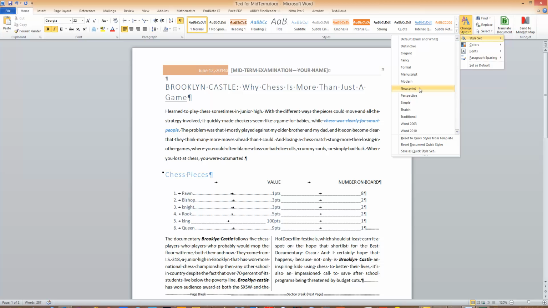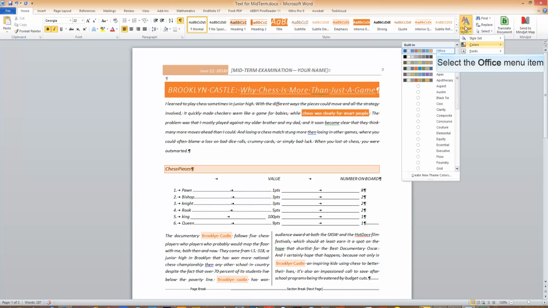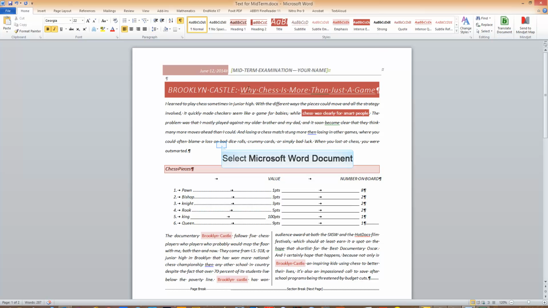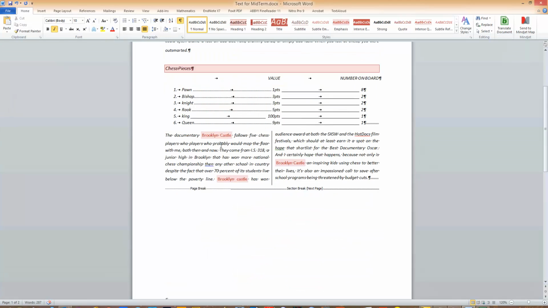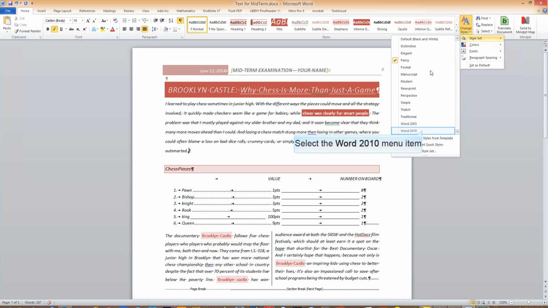This case is a tad bit off because I think I changed the default theme. It should have been office. Yeah, it should have been office, and on your computers it would have been set to office. So to avoid confusion, let me put it back to how it would have looked on your computer. On your computer it would have looked something like this,